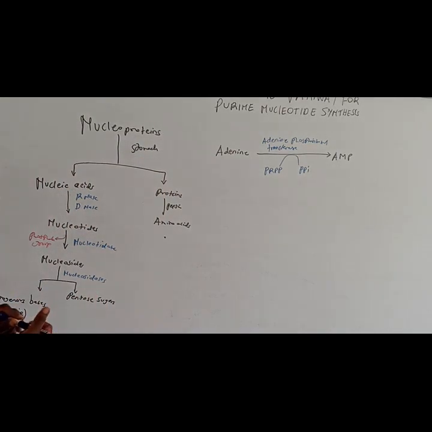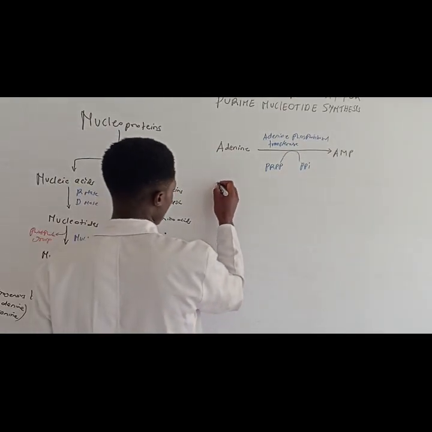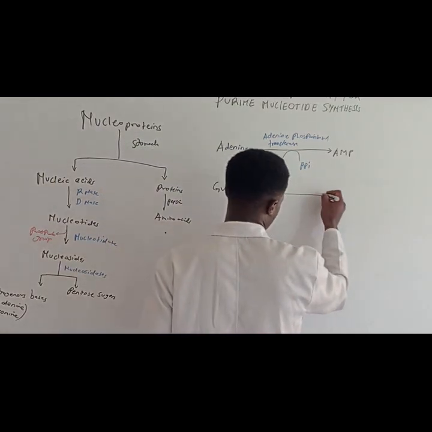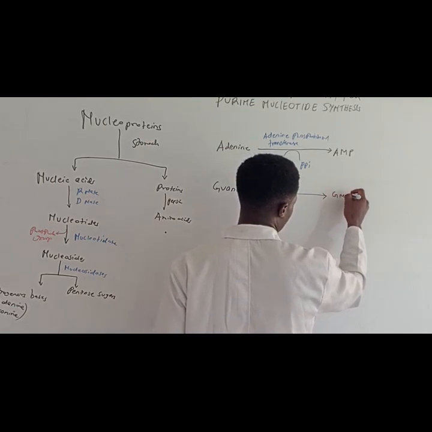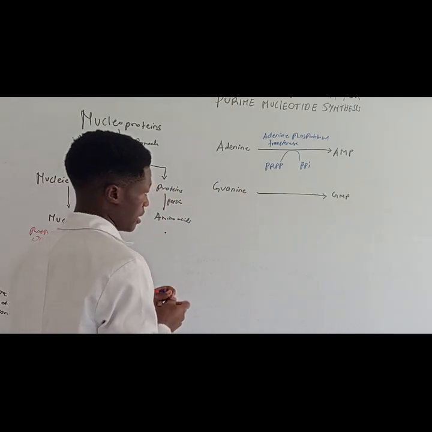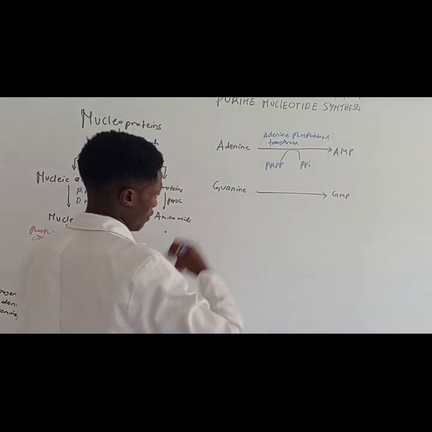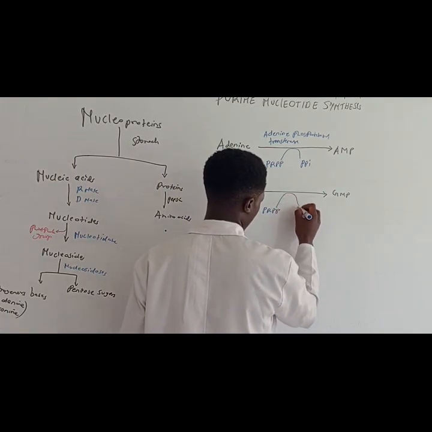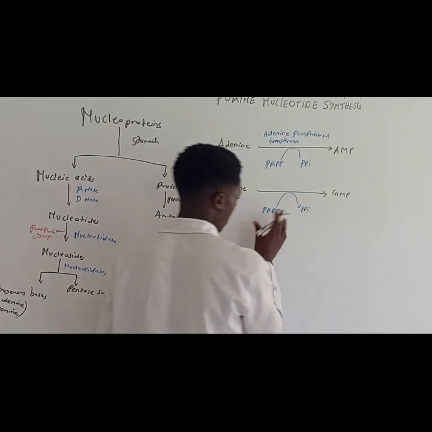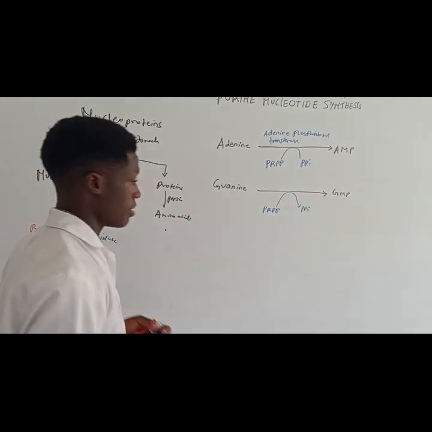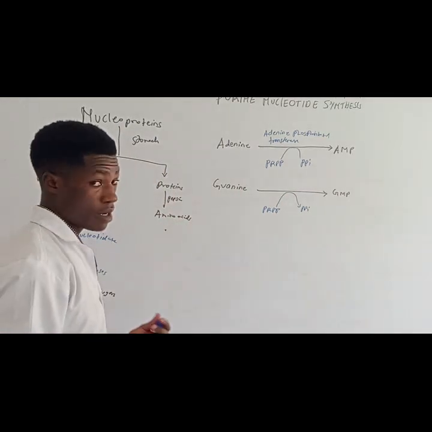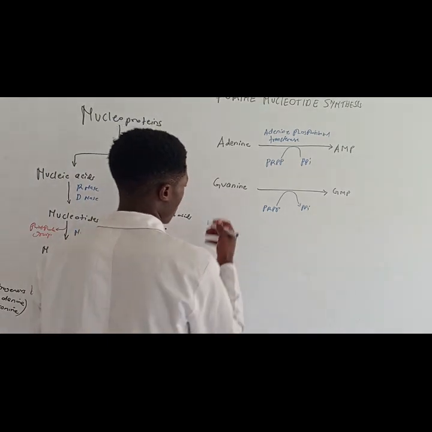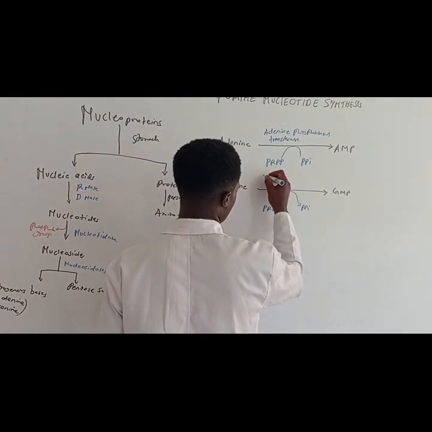Number two, we can have guanine. Guanine can be converted into GMP, that is guanosine monophosphate. And this reaction is going to involve the PRPP into pyrophosphate. PRPP is just phosphoribosyl pyrophosphate, or 5-phosphoribosyl 1-pyrophosphate. Then this reaction is going to be catalyzed by an enzyme called guanine or hypoxanthine